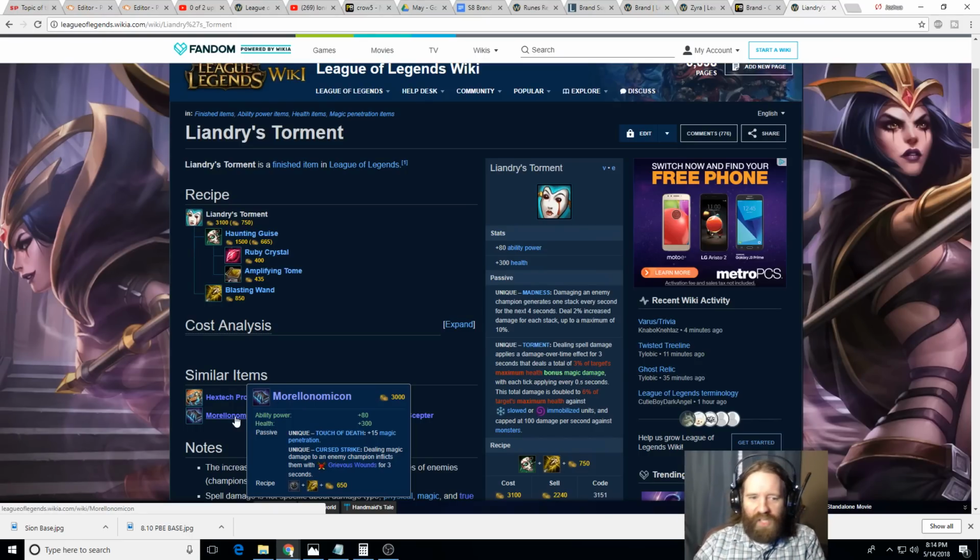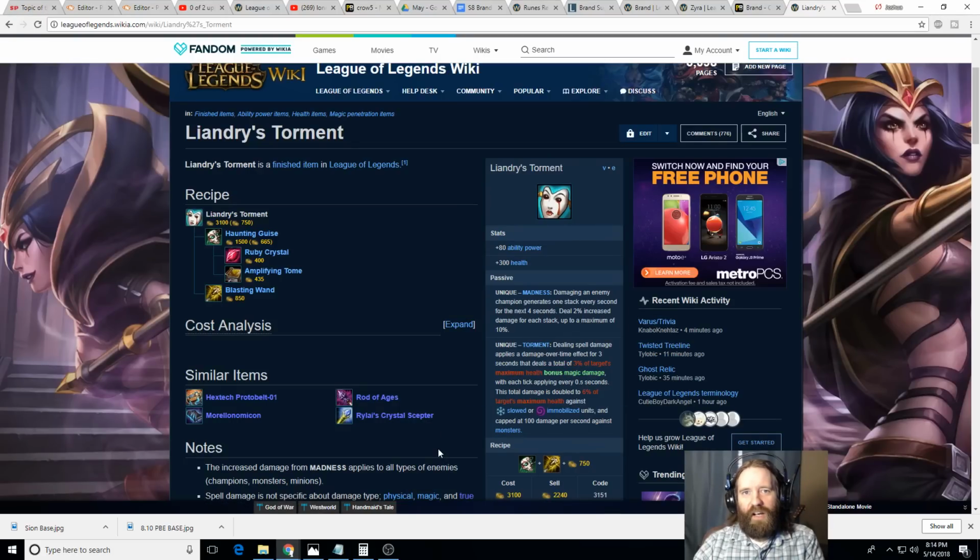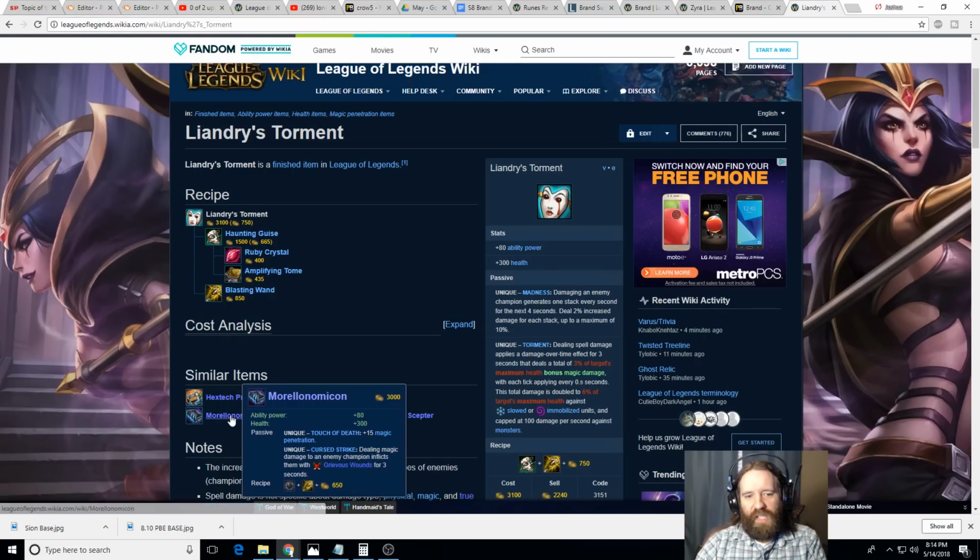But at that point, Void Staff is probably going to be a lot stronger because you're going to have the Rylai's plus Leandri's combo with his ultimate going off. And so you're going to have all this percentage damage. And so Void Staff's going to be a lot more than flat pen, because flat pen is usually best early on in the game before people get a lot of extra